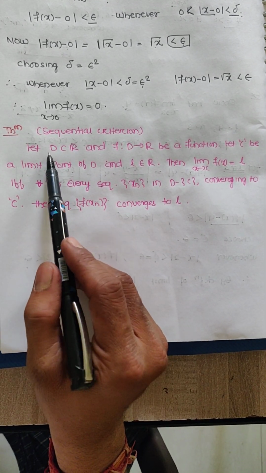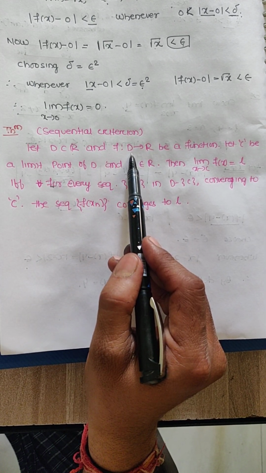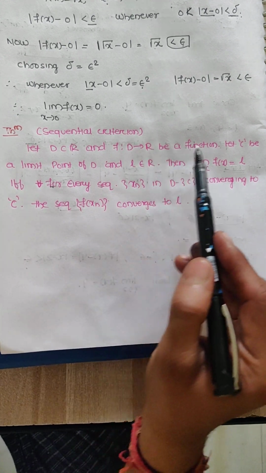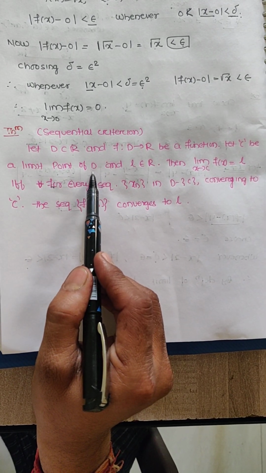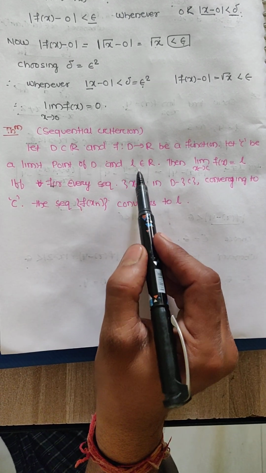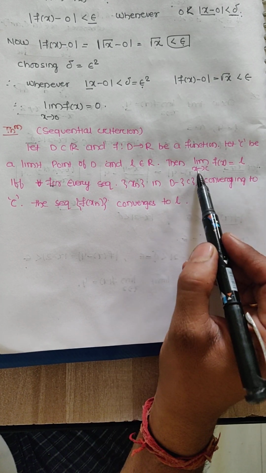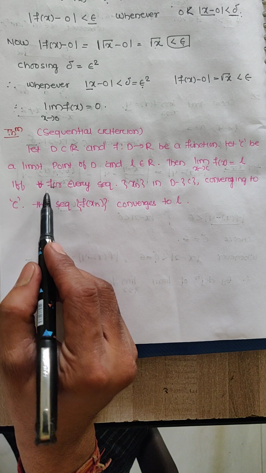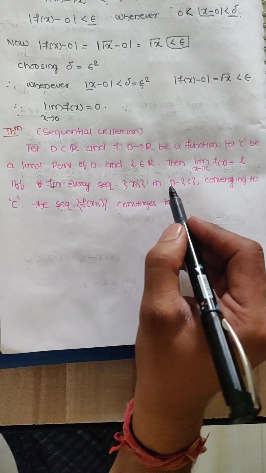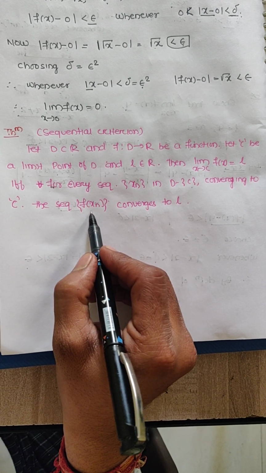What it says: let D be a subset of R, and f a function from D to R. D is generally the domain, a subset of the real numbers. Let C be a limit point of D, and L belongs to R. We have a point where the limit goes. Then limit x tends to C f(x) is equal to L if and only if for every sequence xn in D minus C converging to C, the image sequence f of xn